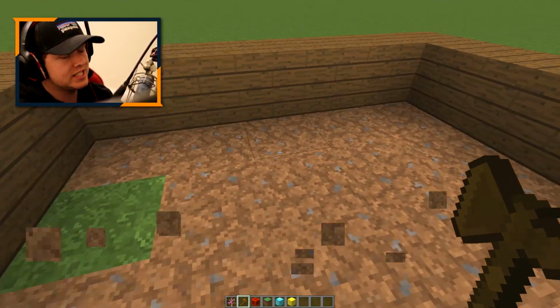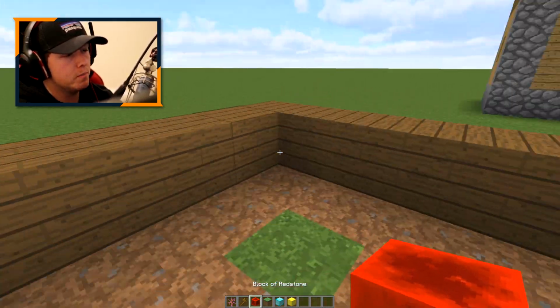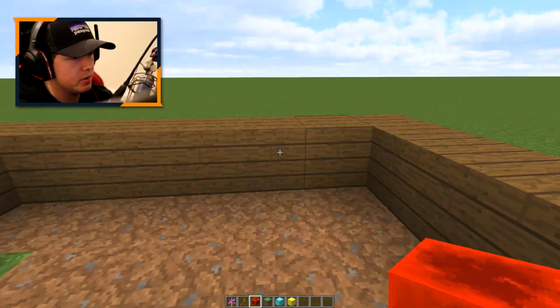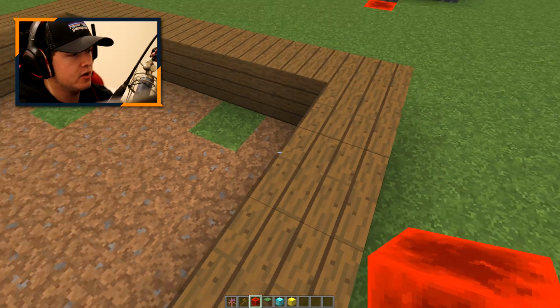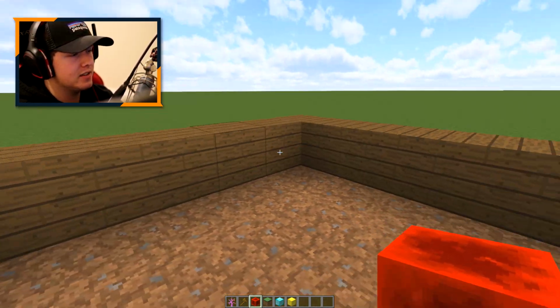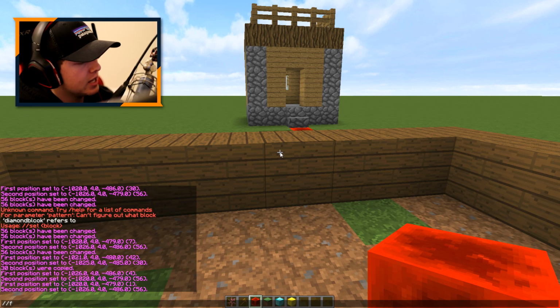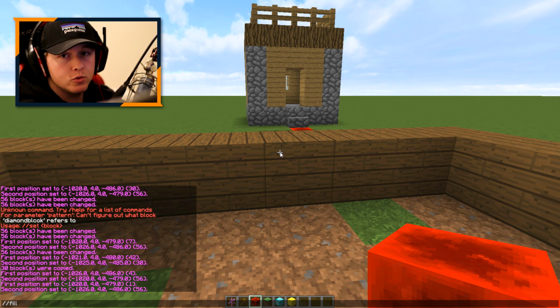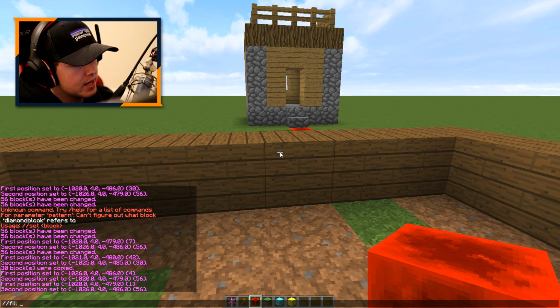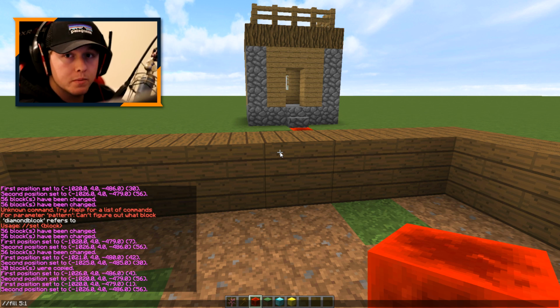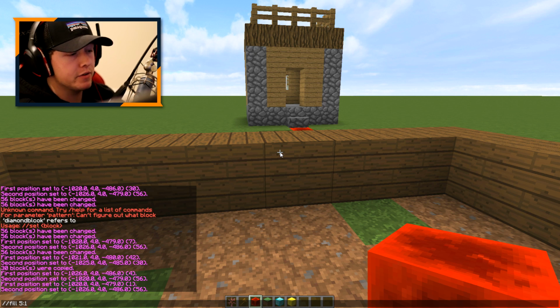So all you have to do is stand within the boundaries. I guess the boundaries would be all of these blocks above me. You don't want to stand up here. You want to stand down within the same level as all the blocks that you want to fill in. So the command is literally //fill, and then you want to use the block type. For example, we want to use 5:1, the spruce wood planks numerical value, and then the radius for how many blocks in every direction that you want to be filled in